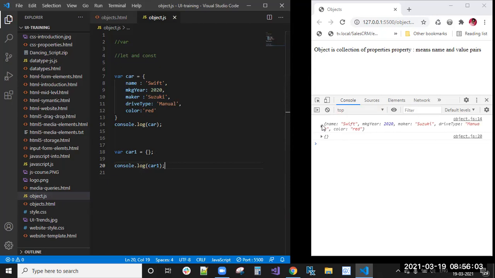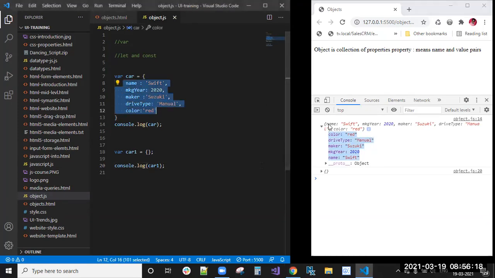Now you can see here, this is an object actually. It consists of opening and closing curly braces. Inside that we got color, drive type, maker, name. These are the properties. Whatever properties you have written, here we got that car. And below you also got the empty object. The car1 is an object only.